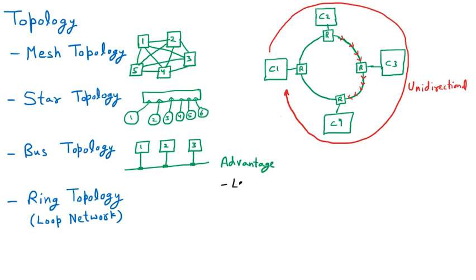So obviously fewer cables are there as compared to the mesh topology, and if fewer cables are there, you know that it is less expensive. One more thing which is very good is add and remove. If you want to add or remove a device, device meaning the computer, that requires